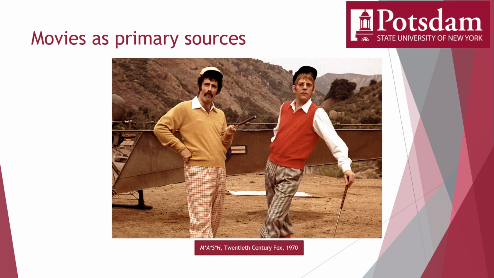So as we've seen, there's a vast range of things that can be primary sources, and we've only touched the tip of the iceberg with these examples. There are literally dozens of other types of primary sources, including documents from the congressional record, scientific data sets, TV news footage, and magazine advertisements. And as mentioned earlier, it all just depends on how you use something. You don't want to use MASH to tell you what the Korean War was like, or the Iliad to tell you exactly what happened during the Trojan War, but they can be invaluable primary sources for telling about the times in which they were made.